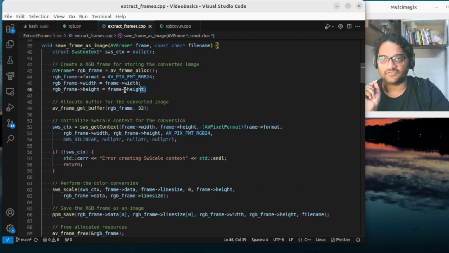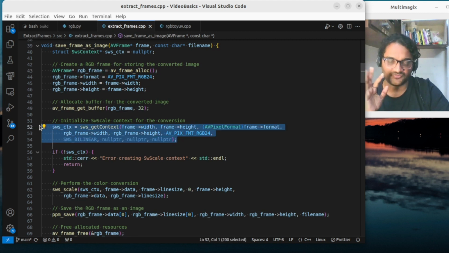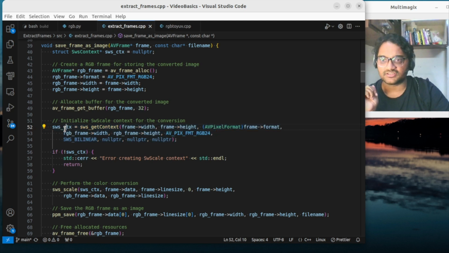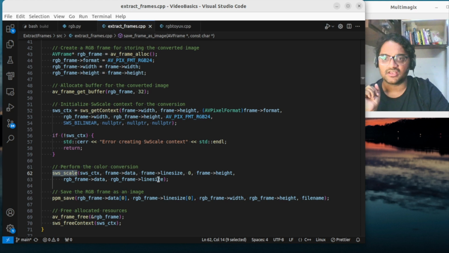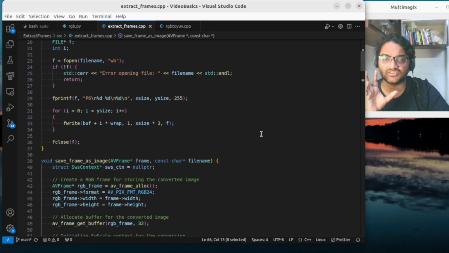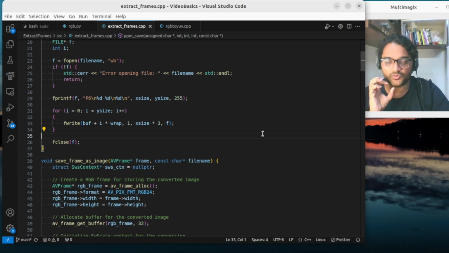So first we are allocating the memory to the RGB frame, and then we are initializing the context from which format to which format we need to convert, and finally we are using this software context in sws_scale, and then we are simply scaling this original YUV raw data into an RGB image. Finally we are calling this function pgm save, which saves this data and writes it into a file. So this is about converting an AV frame whose pixel color format is YUV to